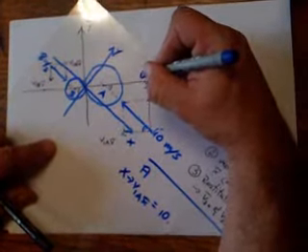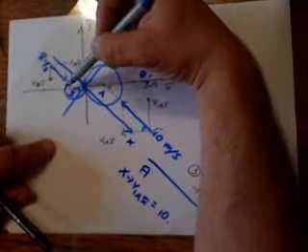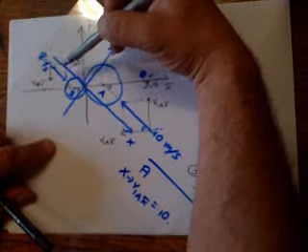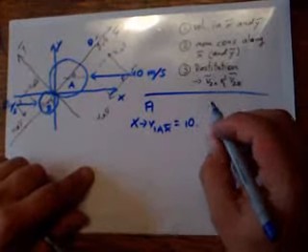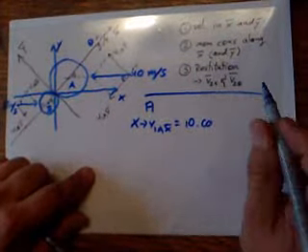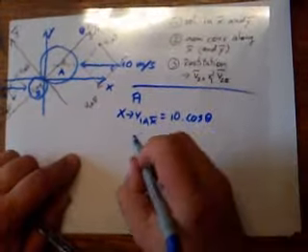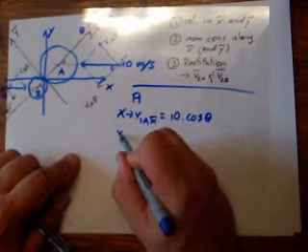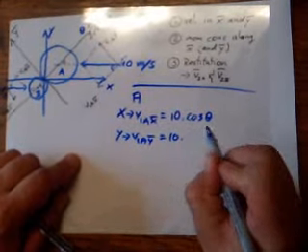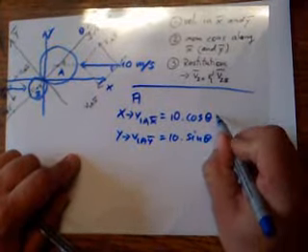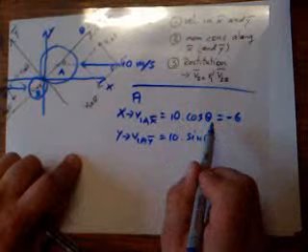And if I'm going to call that angle theta, this one, then this is theta, this is theta, this is theta, and subsequently this is also theta. Okay, so I'm going to have 10 times cosine of theta for the x direction, and for the y direction, I'm going to have V1A y bar, which is just 10 times sine of theta, and that I've worked out to be minus 6,